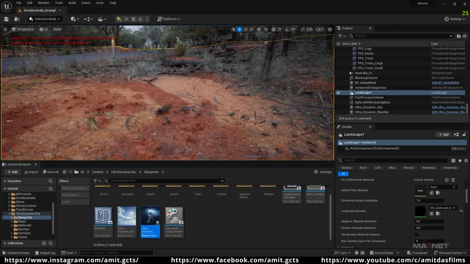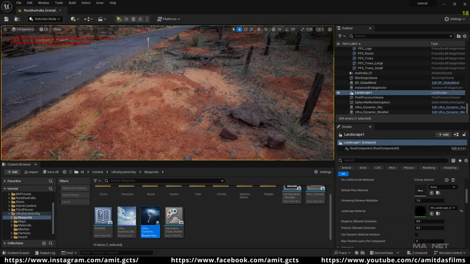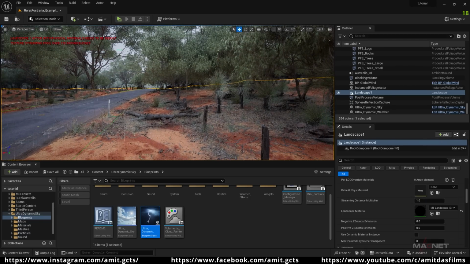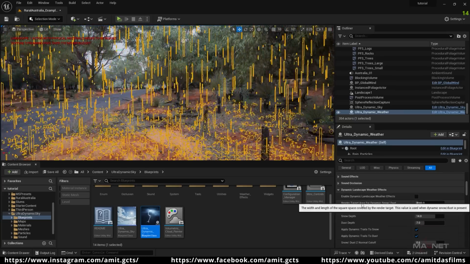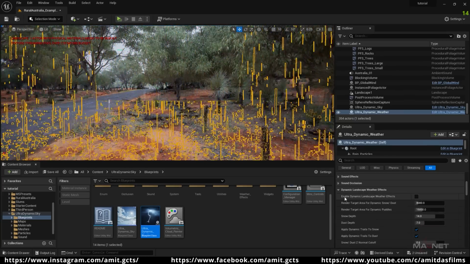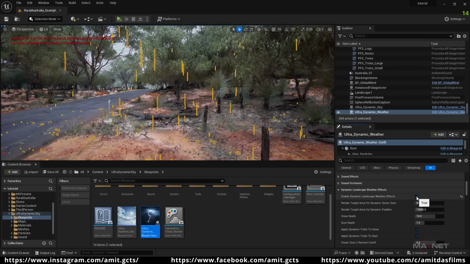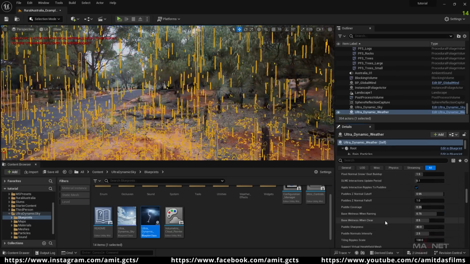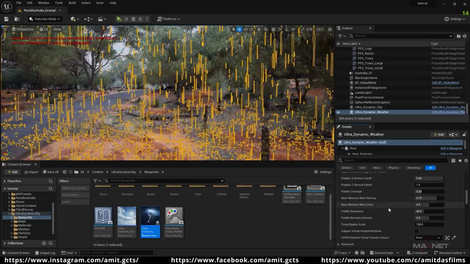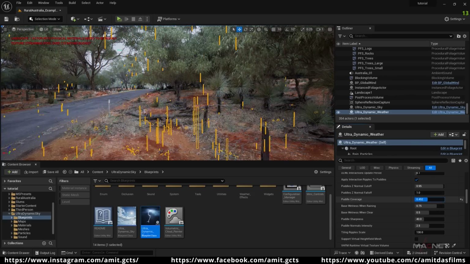Okay, but you can see that the wetness is not that much, so we're going to increase the wetness here. So we select the ultra dynamic weather here, and also go down here, and also we're going to enable this one option called enable dynamic landscape weather effects. Just enable it from here, and then we go down, and you will find this option called puddle coverage. Maybe we can increase this value here,